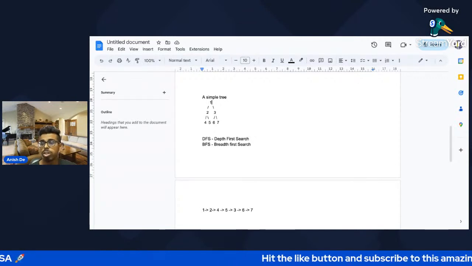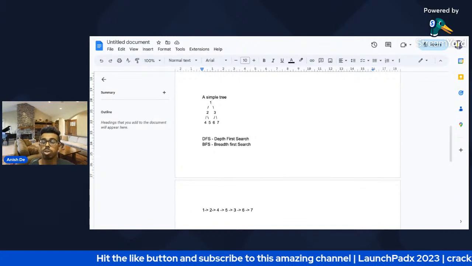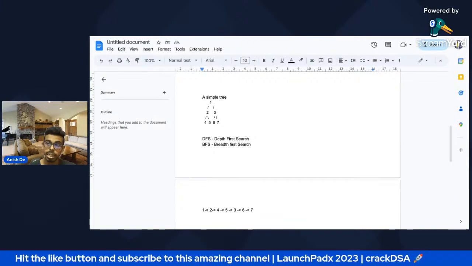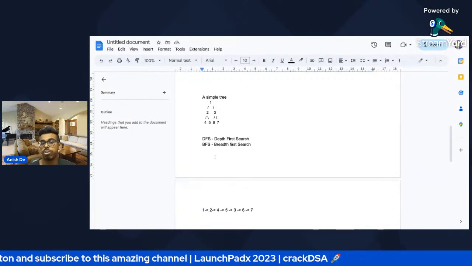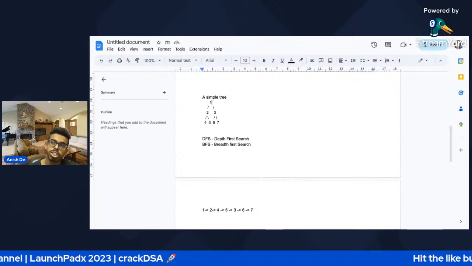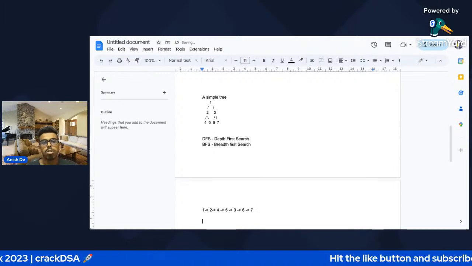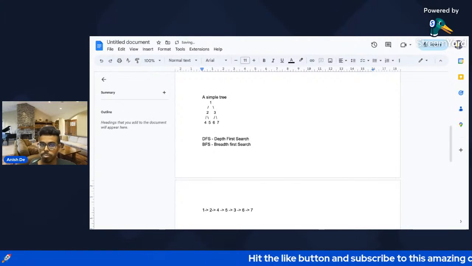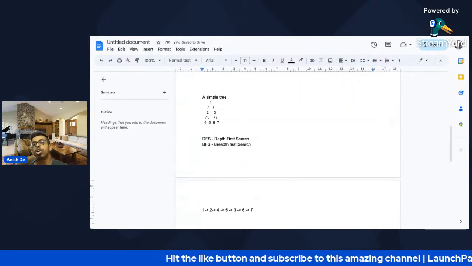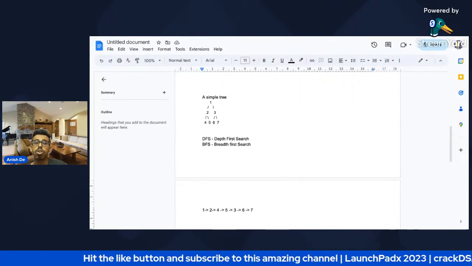So we only backtrack, or we only retrieve back, only when we don't have any other option of going deep. That's why it's called depth first search, because we keep on going as deep as we can. Now if we talk about breadth first search, here instead of going deep, we first explore all the nodes